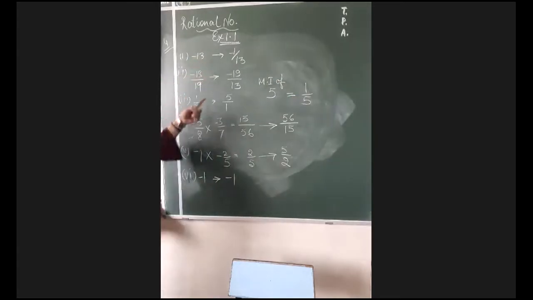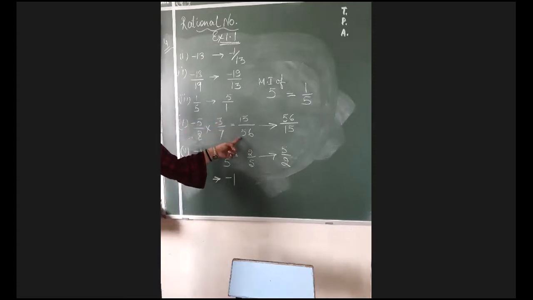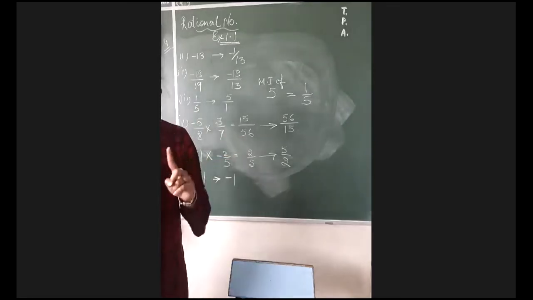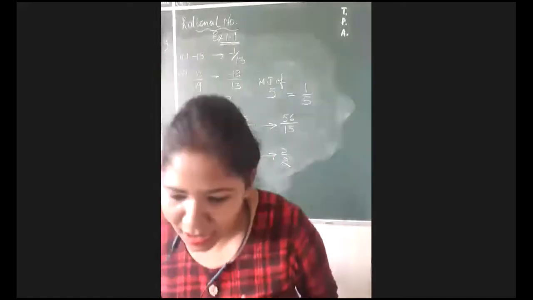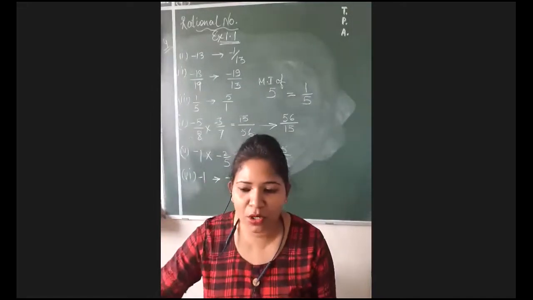Either you put this kind of arrow, which I have written. You can see that I have not put an equal to sign anywhere. Why? Because I have simplified this and I am getting this. Okay, I am not putting it. Remember, choose the sign appropriately. Okay, because 5 cannot be equal to 1/5.